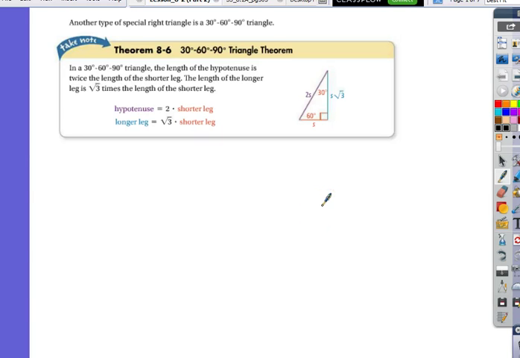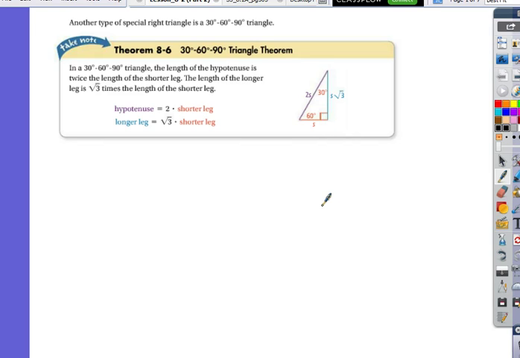All right, today we're going to pick up discussions on 30, 60, 90 triangles. We already know that there's a special type of triangle, a 45, 45, 90. Today we're going to look at the 30, 60, 90. So the very first thing that's important for you to know about a 30, 60, 90 is how to identify